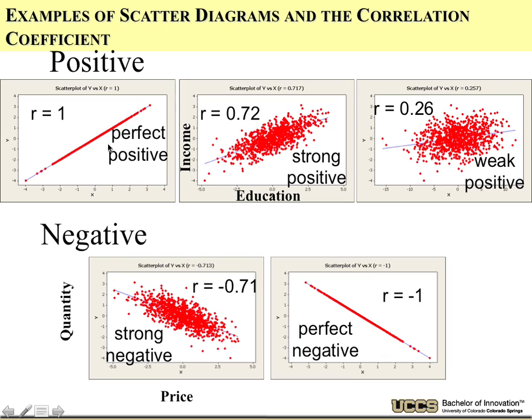So just to make sure you understand what they mean, this is near perfect correlation. Or it is perfect correlation, R equals 1. If I have a cloud that looks like this, it's a very strong positive correlation. R is 0.72, and it means for every change in one unit, you have a 72% chance of predicting the other variable. So you're not going to predict it perfectly. Your error will have some range, but it's pretty good.